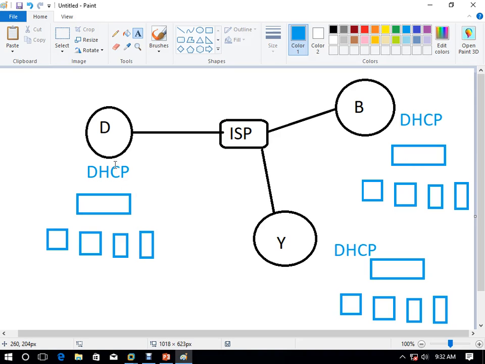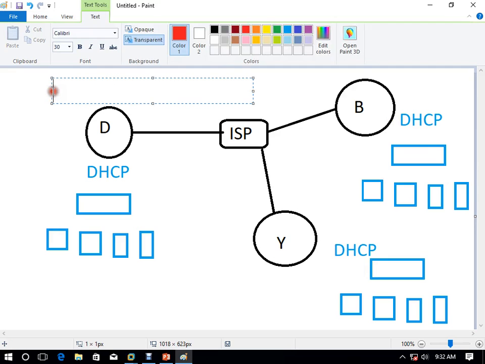In normal DHCP, every branch has its own DHCP server. So this is a normal DHCP server setup. And here every branch has a different subnet.